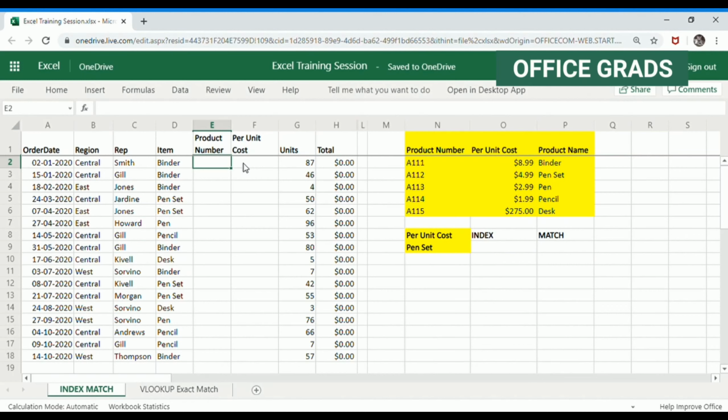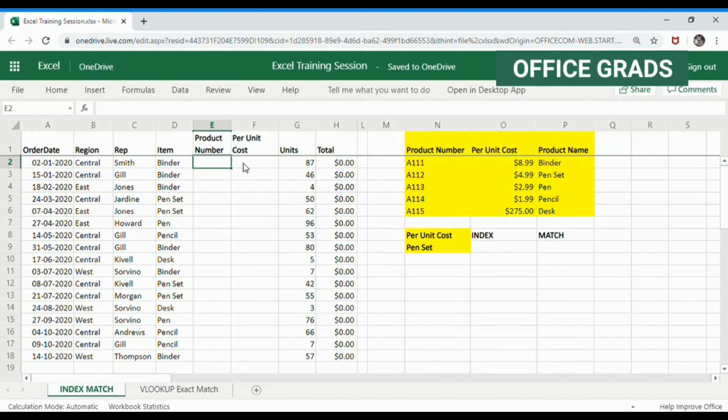Before we begin, let's understand what kind of flexibility I'm talking about. If you have already checked out my VLOOKUP with exact match video, I spoke about one of the limitations of the VLOOKUP formula.